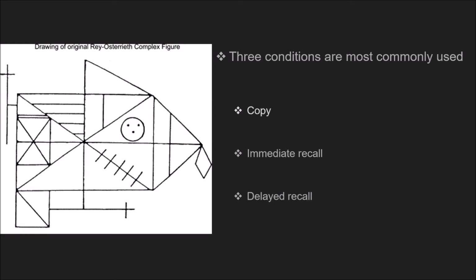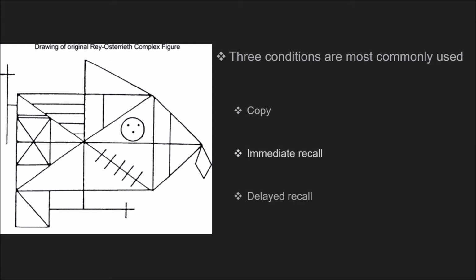Some administrators use a series of colored pencils in order to preserve a record of the order in which design elements were reproduced. However, because of concerns that the use of color changes the nature of the test and makes it easier for the subject to remember the figure, the current test manual suggests that this should not be done. Instead, the evaluator should take notes on the process the examinee uses. Once the copy is completed, the stimulus figure and the examinee's copy are removed from view.